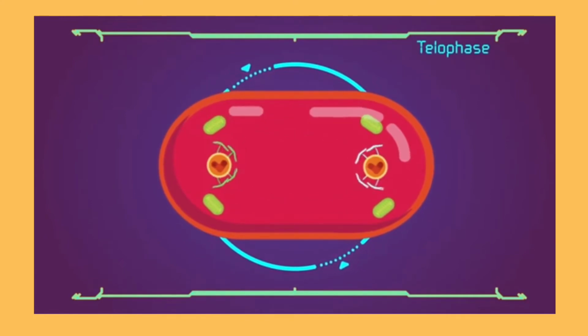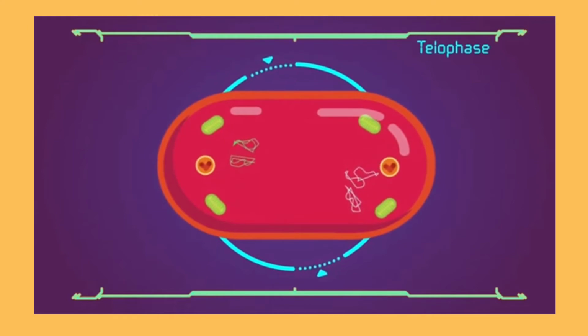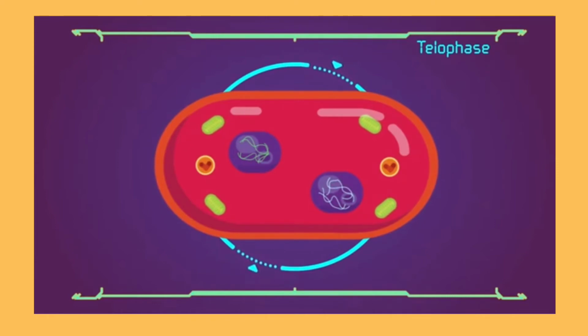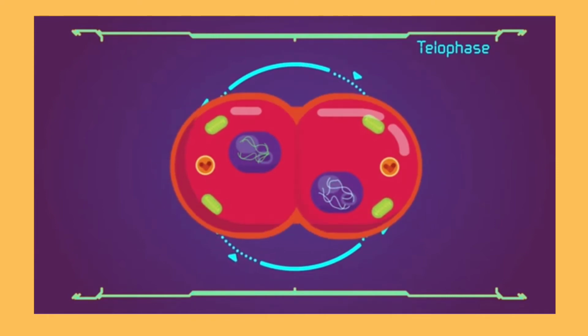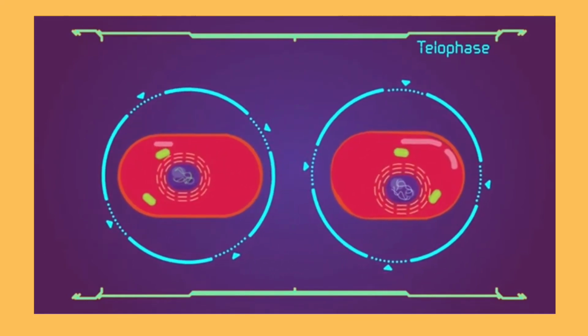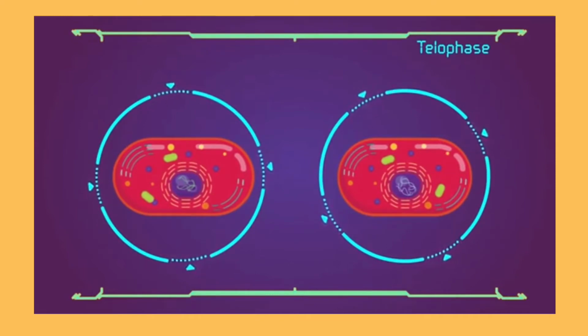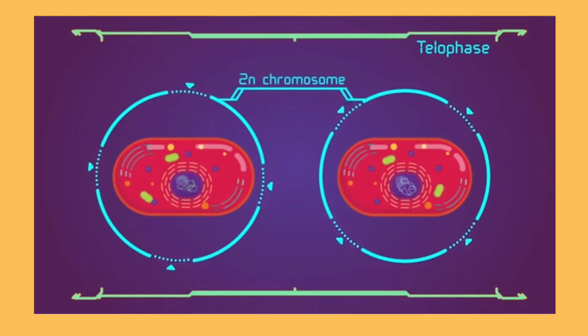Telophase. Now the division is finishing up. This is the time when the nuclear envelope begins to synthesize again along the separated chromosomes. Cytokinesis pinches the cell membrane in the middle. Cell membrane closes in and splits the cell into 2. Now we have 2 separate cells, each with half of the original DNA.